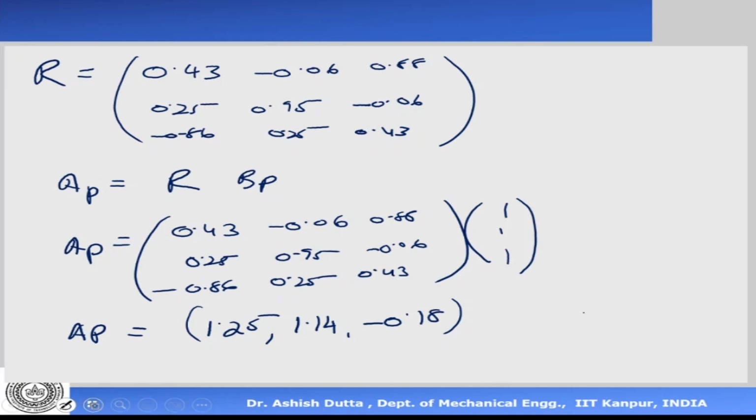Okay, so this gives you an idea of how we use these rotation matrices and the homogeneous transformation matrix in computing the coordinates of a point. If it's given in B, you can find it in A; if you're finding it in A, then you can find it in B. So today we looked at how to derive the rotation matrices and the homogeneous transformation matrices. Then we solved a couple of problems which showed us how to use these matrices in computing. If you're given coordinates of a point in either A or B, you can convert it to the other reference frame.